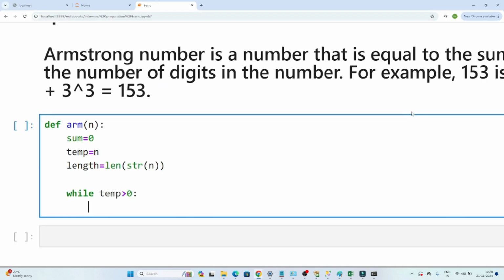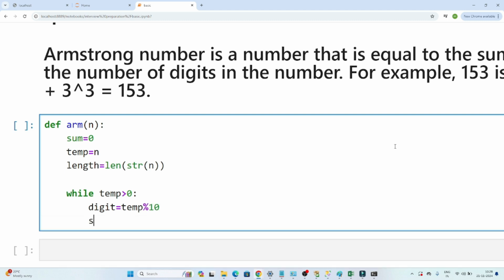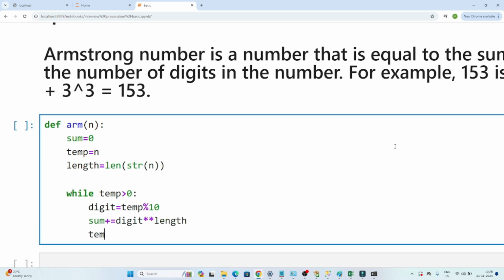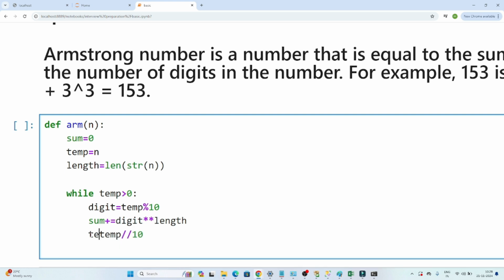And so for that I'll write a code: digit = temp modulus 10, I'll get the last digit. After that I will sum this into a sum. I am doing sum plus digit to the power of length, and after that, what is the next one? I will write temp equal to temp divided by 10. Now I will check if temp is